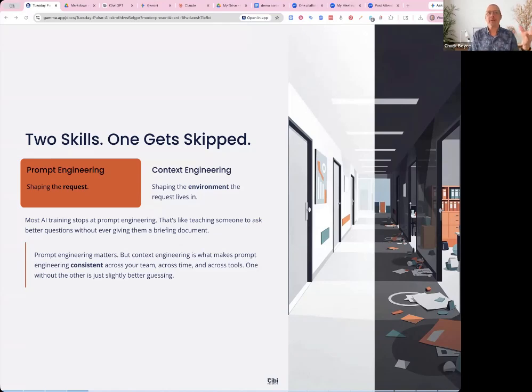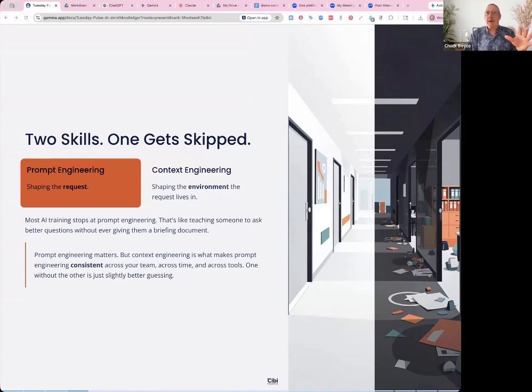The more you provide the LLM, the better the response is going to be. If you ask a better question, you're going to get better results. If you give someone a briefing document before you meet with them, the conversation is going to be more effective.